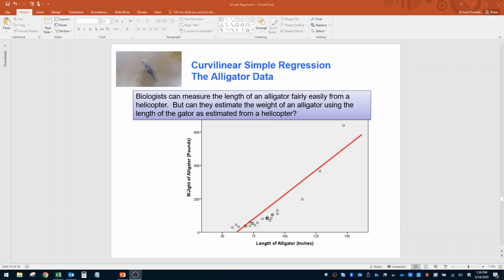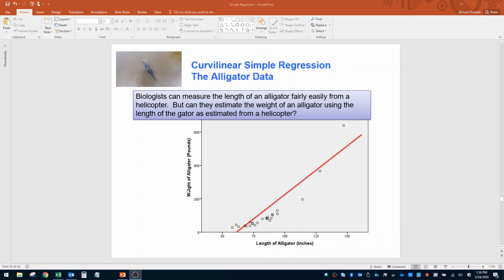Okay, another topic in simple regression is dealing with a relationship between two variables that is not linear, referred to as being curvilinear. And a good example of that is a study that was completed. And what it was